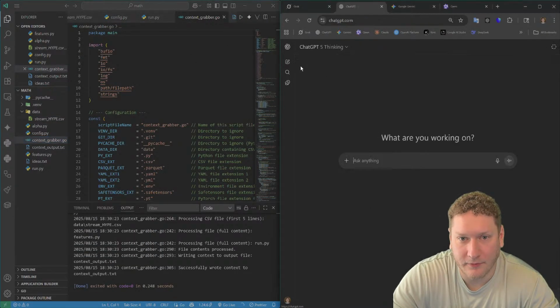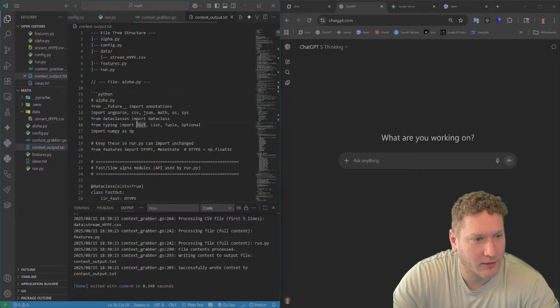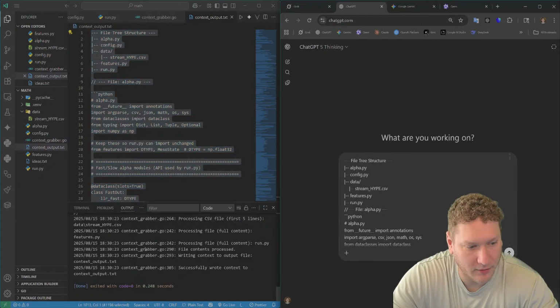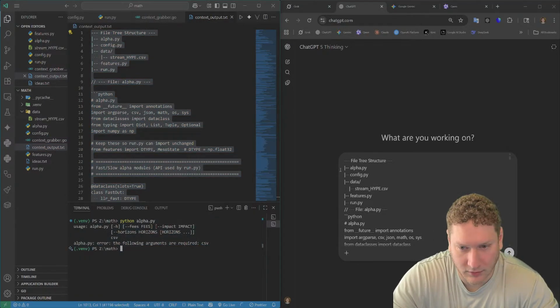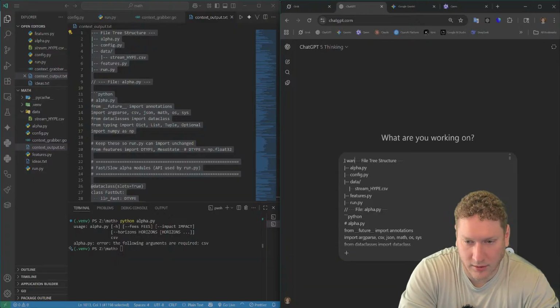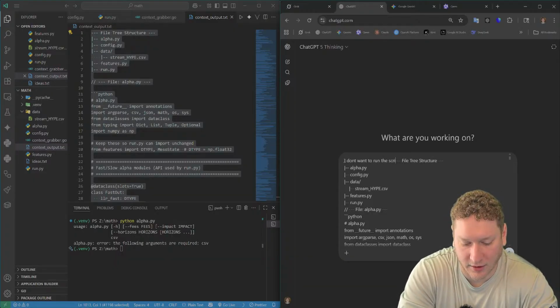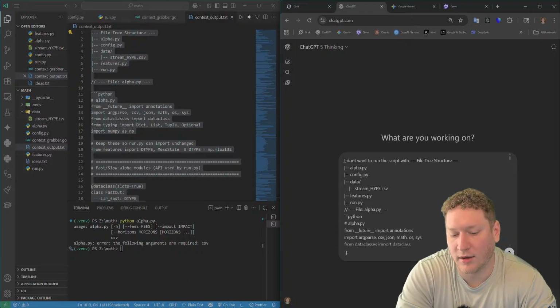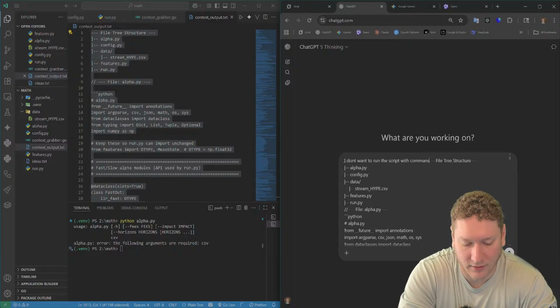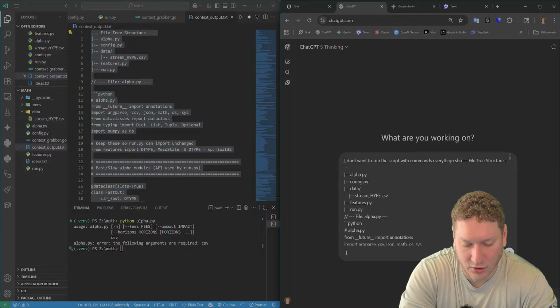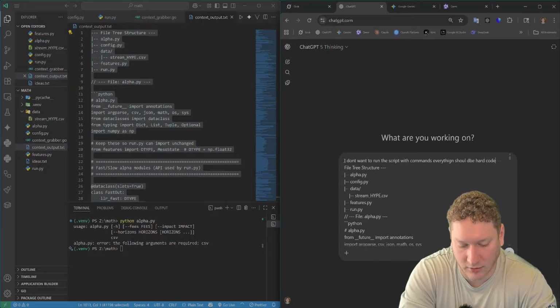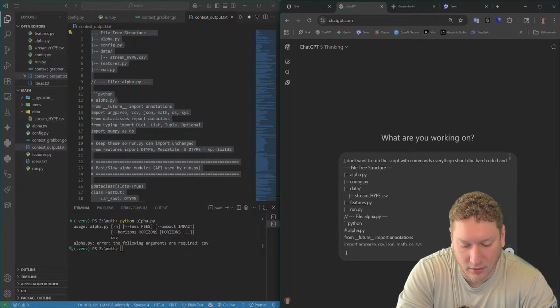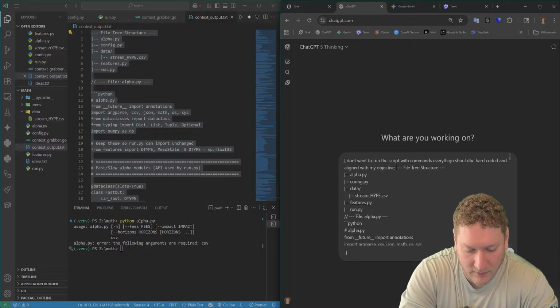Going over here, I'll tell it to run the script without commands. Everything should be hard-coded and aligned with my objective, which is